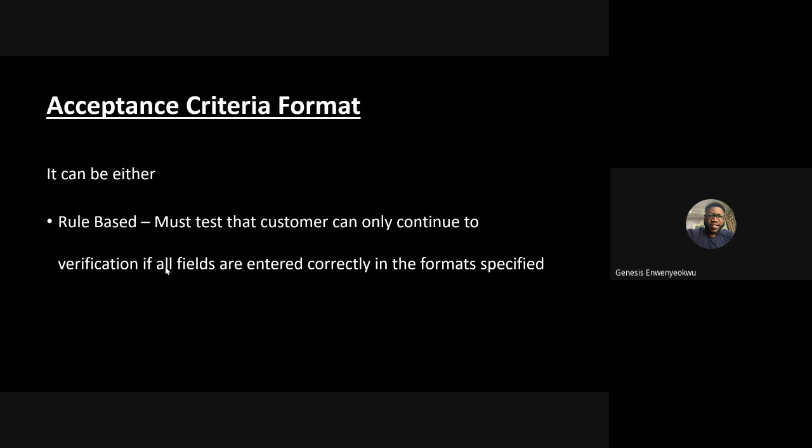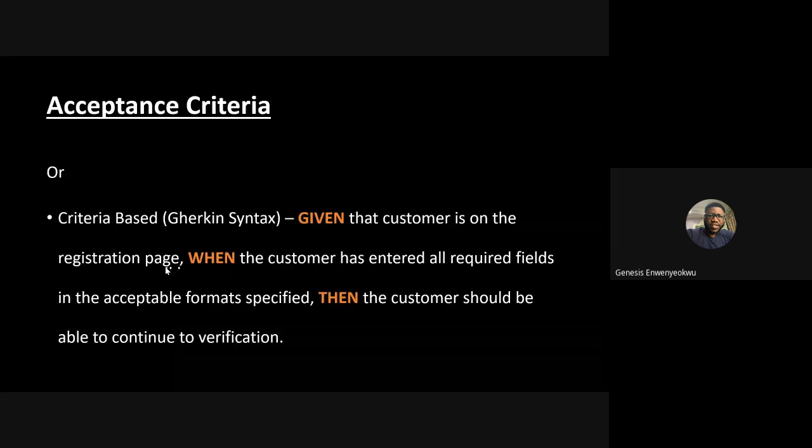There are two different types of acceptance criteria. One is the rule-based acceptance criteria, where you specify or list out the rules or conditions that need to be satisfied for you to validate the implementation of that particular feature or user story. And then we have the criteria-based, popularly called the Gherkin syntax type of acceptance criteria,